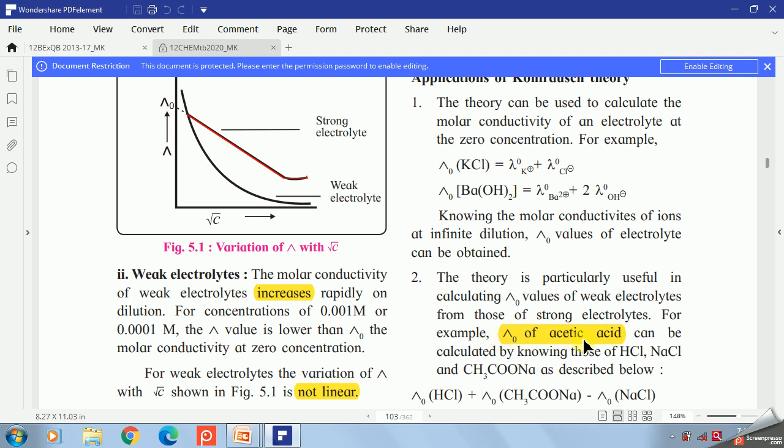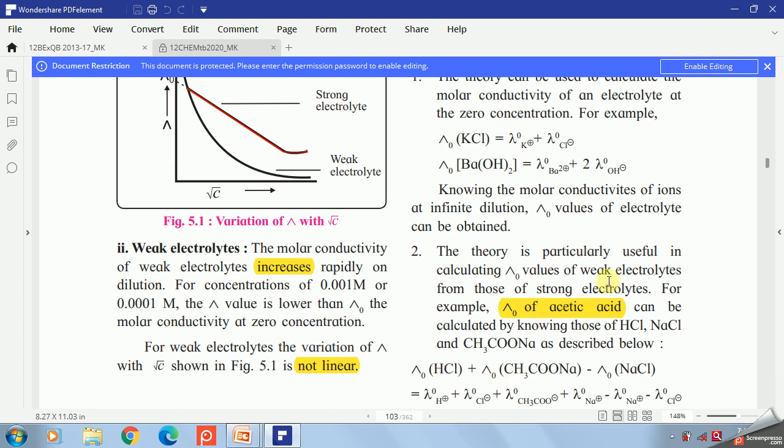For example, lambda 0 of acetic acid can be calculated by knowing the lambda 0 values of HCl, hydrochloric acid, NaCl, sodium chloride, and sodium acetate CH3COONa, and it can be calculated as follows. Lambda 0 of HCl plus lambda 0 of CH3COONa minus lambda 0 of NaCl,